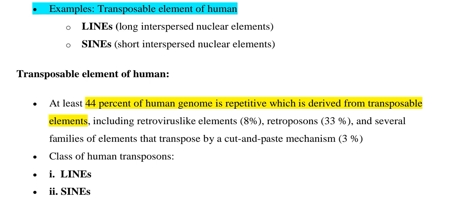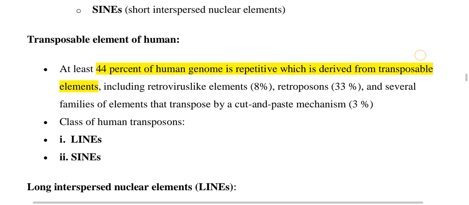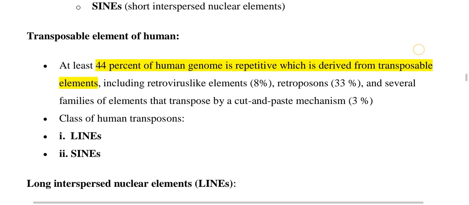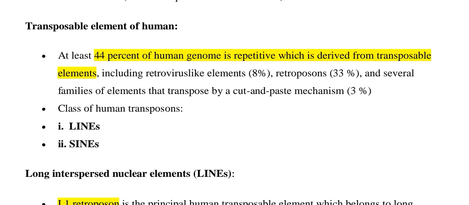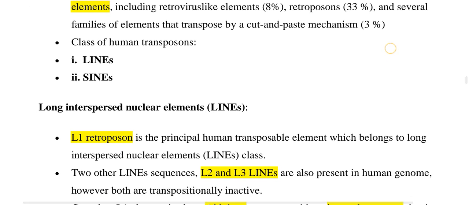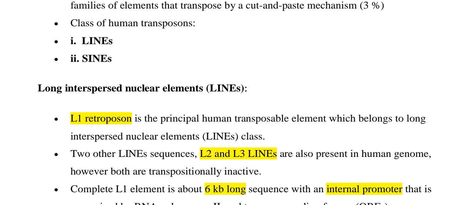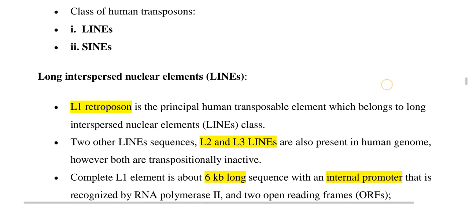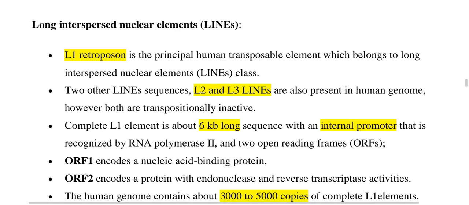Transposable elements of human. At least 44% of the human genome is repetitive, derived from transposable elements, including retrovirus-like elements 8%, retroposons 33%, and several families of elements that transpose by a cut and paste mechanism 3%. Class of human transposons: LINEs, long interspersed nuclear elements. L1